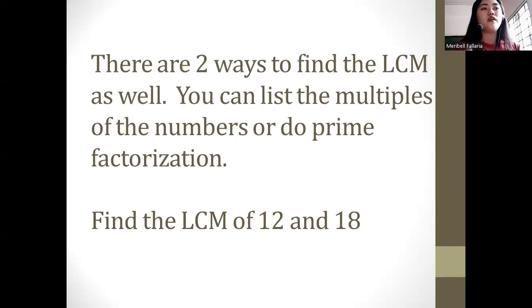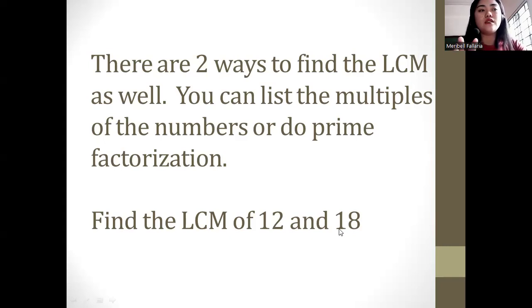Okay. So in GCF we have two ways, and also in least common multiple we have two ways also. You can use the prime factorization and the listing method. So again, yung multiple, these are the numbers that if you multiply, the answer will be the specific number. And then yung factors naman, these are the numbers that if you divide to the number, it will have no remainder, okay? Next, let's find the LCM, or least common multiple of 12 and 18.